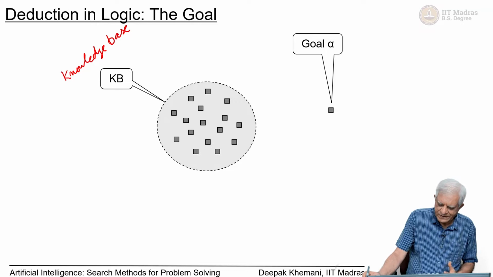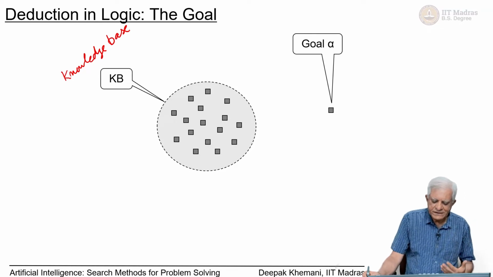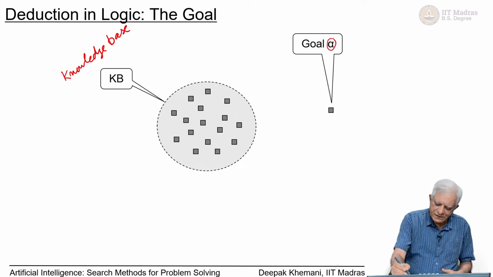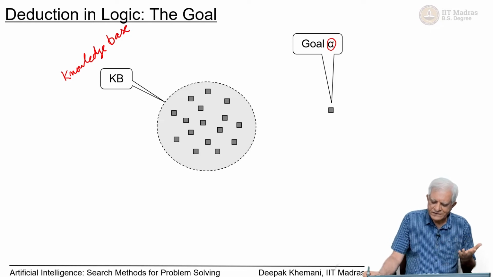Each square is a sentence. So, a sentence in logic, whichever logic language that we are using, but we will stick to first order logic, which is also called as predicate calculus. Whichever language you are using, a sentence in logic is something which is either true or which is false, at least in classical logics, that a sentence can only take one of these two truth values, either true or false. So, that is given to us a knowledge base, which is a set of premises or the set of axioms, and we are given some sentence which is called alpha, and we want to ask whether this sentence is also